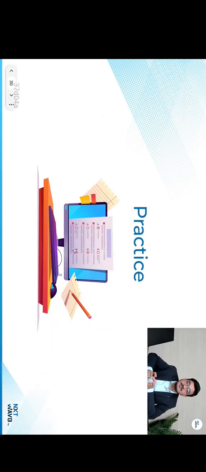Then we discussed the violin plot. The violin plot helps us to combine the functionalities of the box plot and distribution plot, and we can understand the data much better by comparing the violin plots of different categories across our data. Then finally, we discussed heat maps, which help us to understand the correlations across our variables in the data. So in the upcoming lectures, we'll practice all of these visualizations with the help of Python libraries like